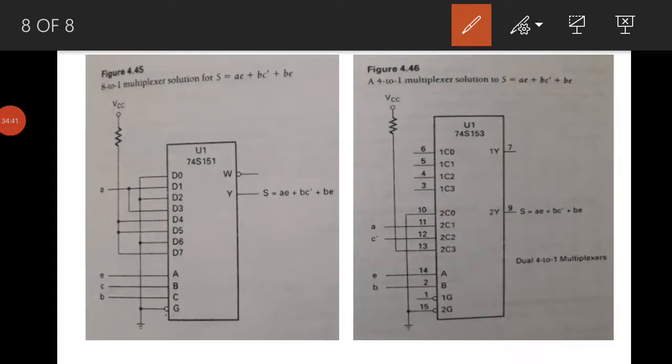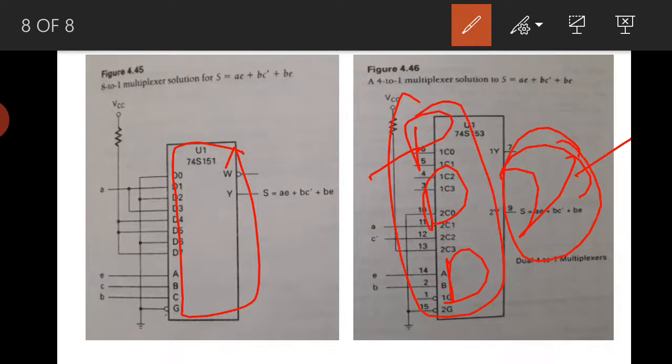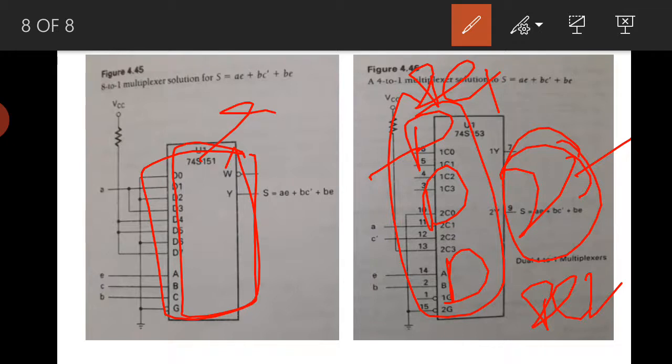Okay, why basically are we using multiplexers? Why not the basic gates? If you take the basic gates, as we are seeing 4 gates or 5 gates like this, 2 ICs are required. One is the AND gate IC, one more is the OR gate IC. Here it is IC1, here it is IC2. If you take the multiplexer, only one IC. In this case only one IC, no external NOT gate is required. But here in this case a NOT gate is required. But in this case no NOT gate, so directly only one IC.